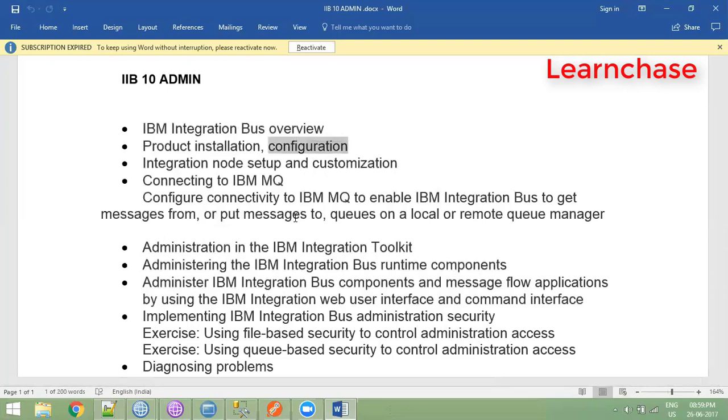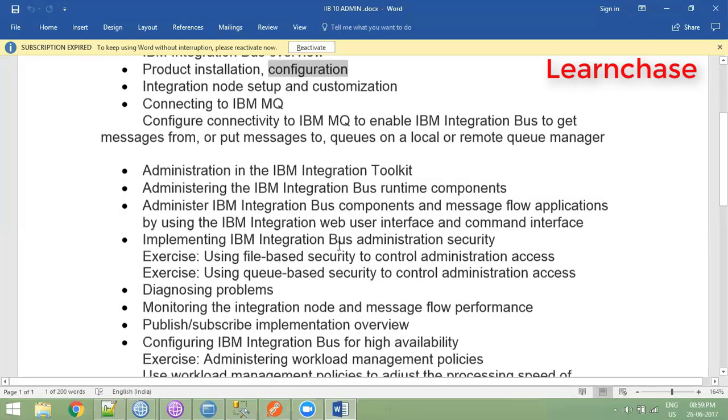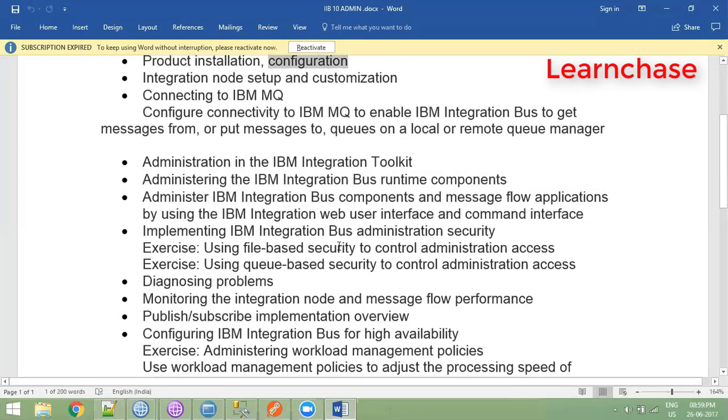Now there is nothing like that. But when you want to use MQ, you have to connect your MQ queue manager to the integration node. That time you need a configuration. There are different types of configuration to be done, along with administration using the toolkit. The toolkit provides all the things to do